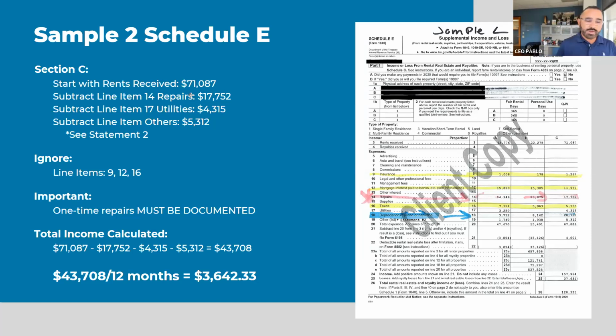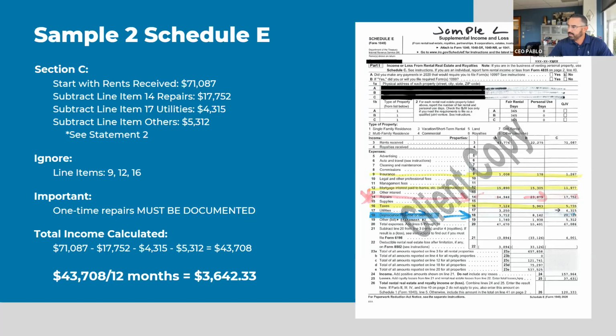And again, do you have any one-time expenses? And you might not even want to ask a question like that, by the way. You might want to ask, like, what repairs did you do? Go down the list, because the borrower may not understand what you mean by that, or what you're trying to get to, right? You're just going to say, hey, can you list all the repairs, and explain to them that you're going to be able to give them credit back if they're able to document some other repairs. Again, for this example, we're going to assume that there were no one-time repairs, so we're going to hit them with the full